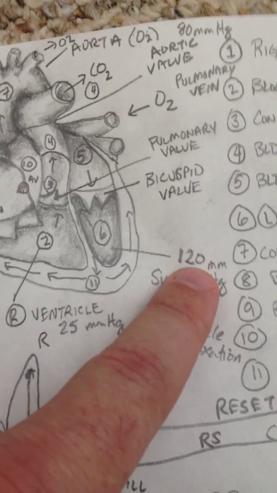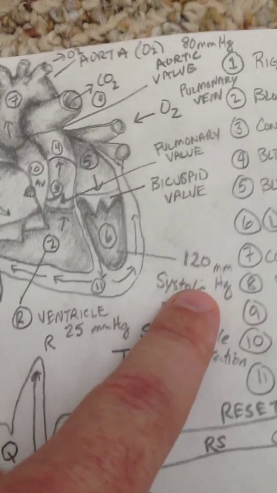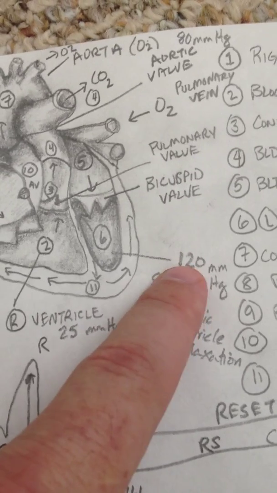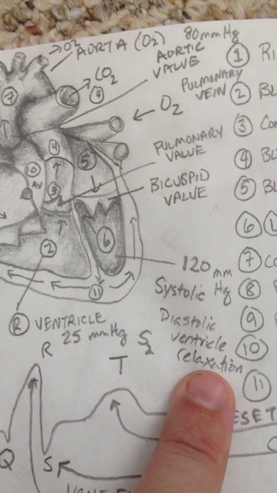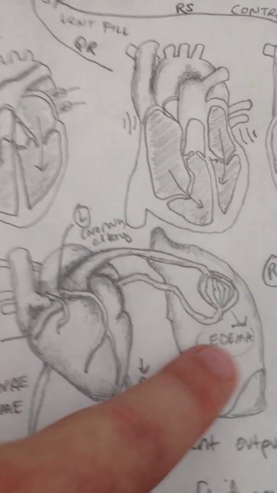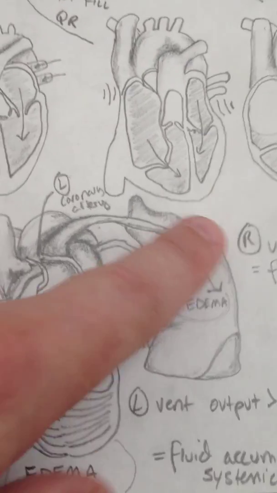So what are we looking for? 120 over 70. If we see a number of 160 over 70, we know we're pushing a lot harder than we should. If we see a number of 130 over 90, we know that the ventricle is not relaxing like it should. And hence there's a problem with what? Some of the valve and some of what down here? Some of the back pressure that we're dealing with, and that's how we get edema created